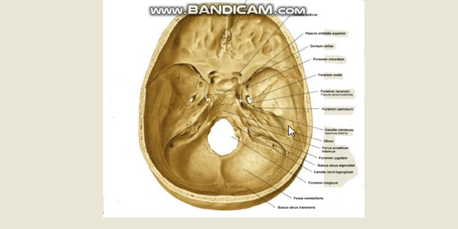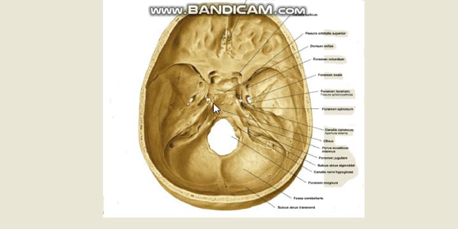So it is formed by the anterior surface of the petrous part of the temporal bone and partly by the squamous part of the temporal bone, and over here a little bit of the parietal bone towards the terion. So it's mostly formed by the greater wing of the sphenoid, part of the body of the sphenoid, and part of the petrous temporal bone. Whereas you can make out that the occipital bone is confined to the posterior cranial fossa.